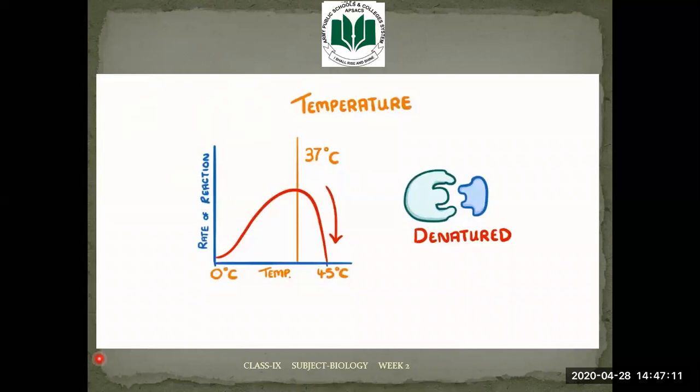The temperature at which an enzyme functions best is known as its optimum temperature. So the optimum temperature of this enzyme would be 37 degrees, because that's the temperature at which the rate peaks. As the human body is generally kept around 37 degrees, this is a pretty common optimum temperature for human enzymes. But different enzymes can have different optimum temperatures.